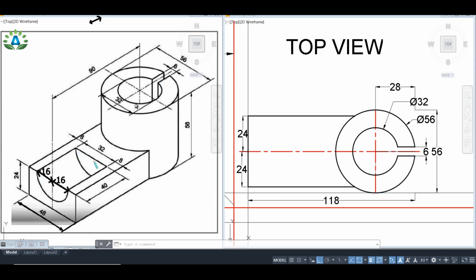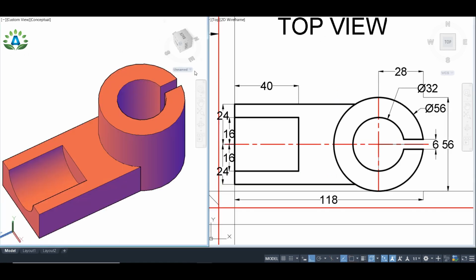Now we have to make this part in the top view, and we can see that the total length from this point to this point is 32. It means that this point is located at a distance of 32 by 2, that is 16 mm away from the center line, and this point is also located 16 mm away from the center line. So I'm going to make a line which is 16 mm away from the center line from this point like this, and I'm going to extend this line up to 40 mm. And finally we have to join this line. In this way our top view has been completed. So our top view exactly looks like this.